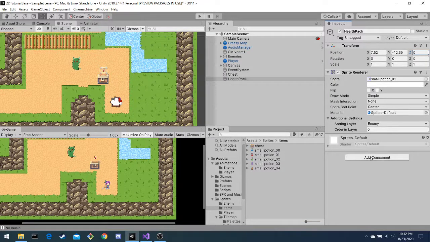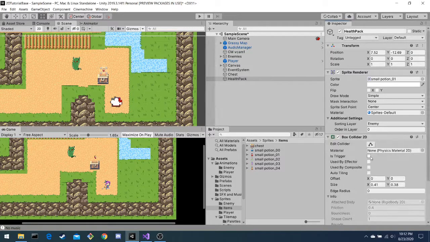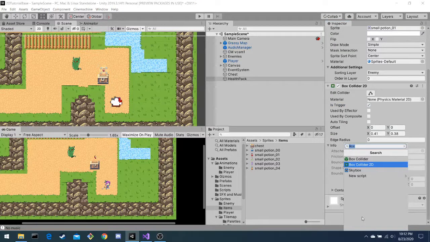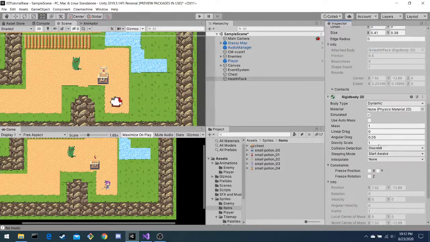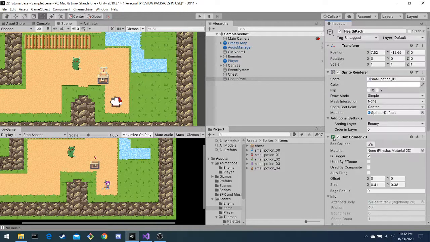Next, we're going to be needing collision with our potion as well. So we're going to add a box collider 2D. Make sure you check is trigger. This will be important for later. And then we're going to add a rigid body 2D. We're also going to make this kinematic. With this, we have the basic bodies of our objects done, and we're going to go into the scripts folder